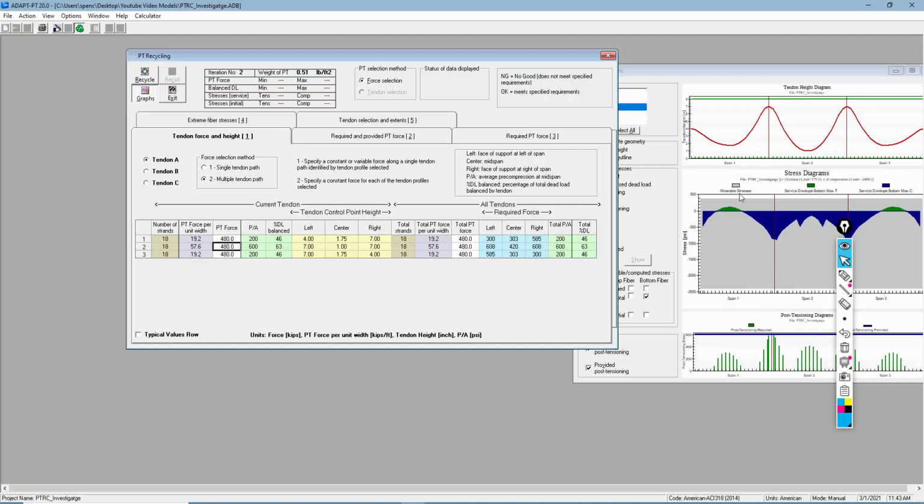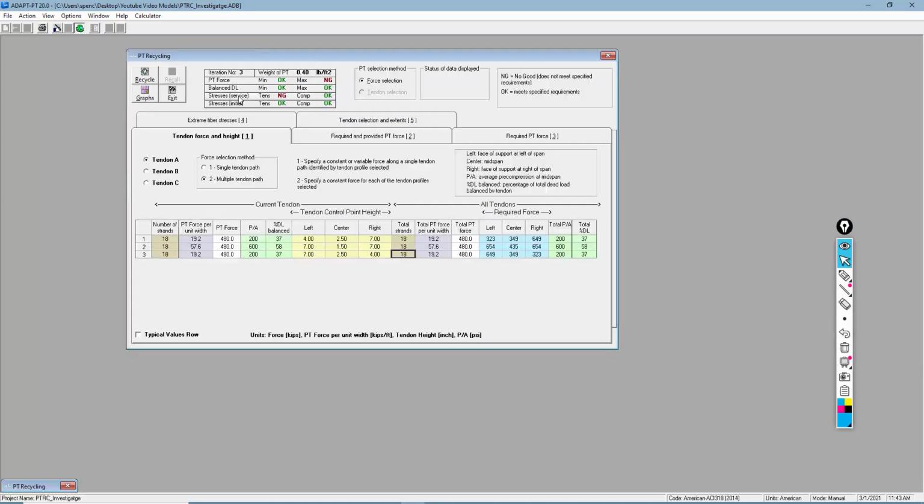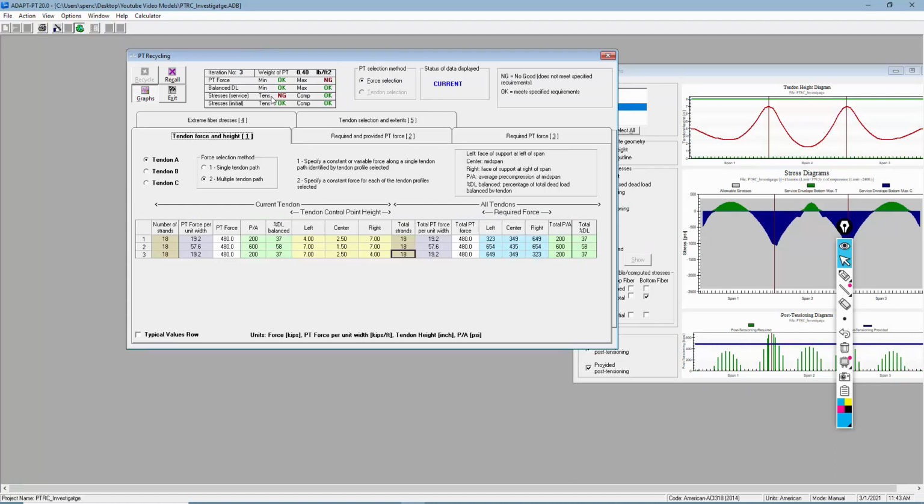So I also know that the as-built condition actually shows the, let's say, the outer bay control point or low point as 2.5 from the soffit up, and maybe the inner bay as, let's say, 1.5. So once I update these numbers to reflect what I have in my existing condition, I'm going to recycle. And you may see that some stuff doesn't work. For example, based on this input, if this was looked at as a new design, and also based on the input that I made prior to coming into Recycler,